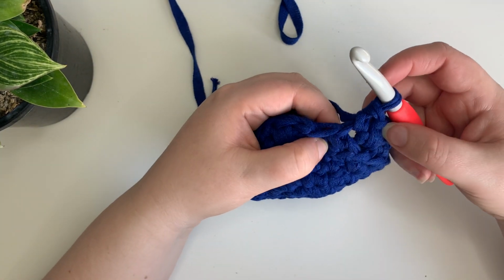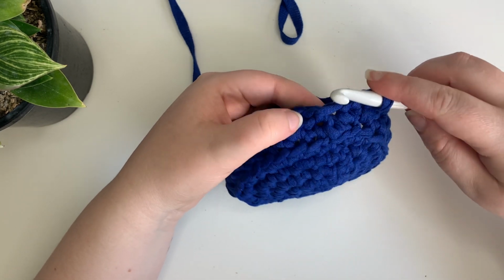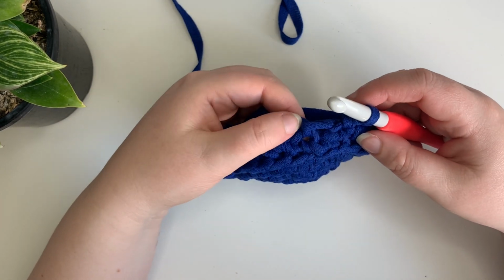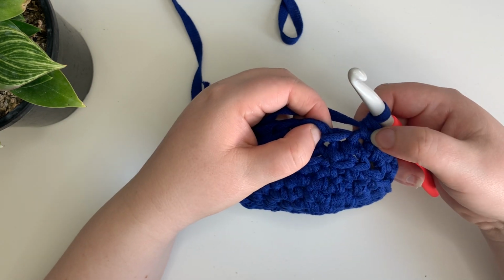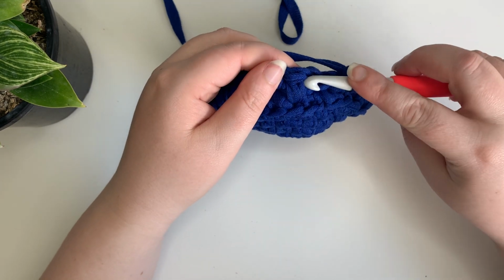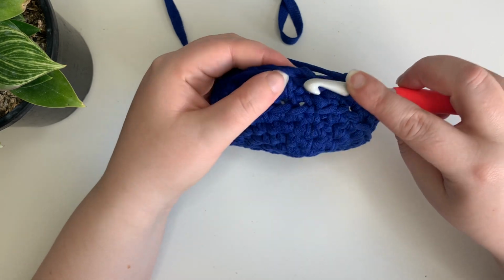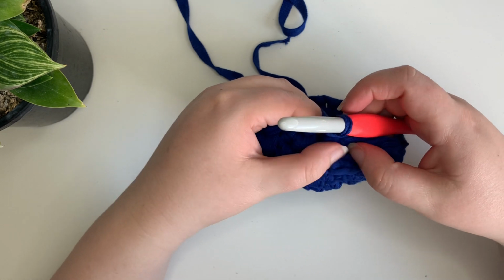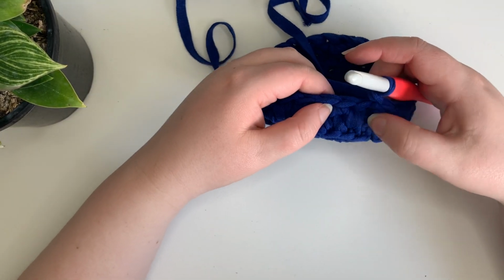Okay, so as you can see, there is nothing for me to wrap around, and this is my starting chain. So what we'll do is, you should always finish your row on a single crochet. You're then going to go all the way over here. So don't worry about this, it'll hide. So go all the way into your first stitch, pull up a loop and slip stitch, and then chain 1, and then we're going to not worry about this